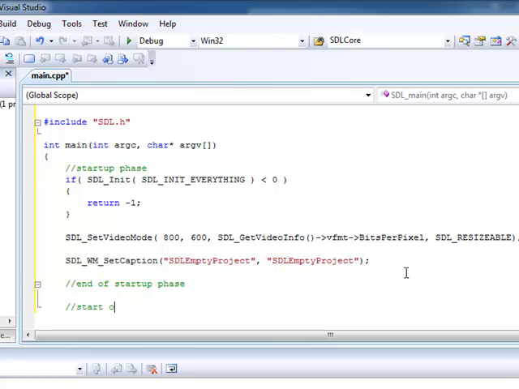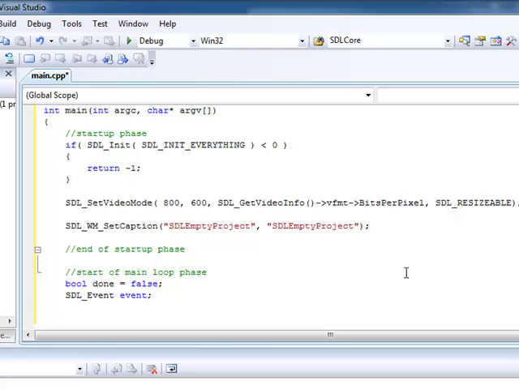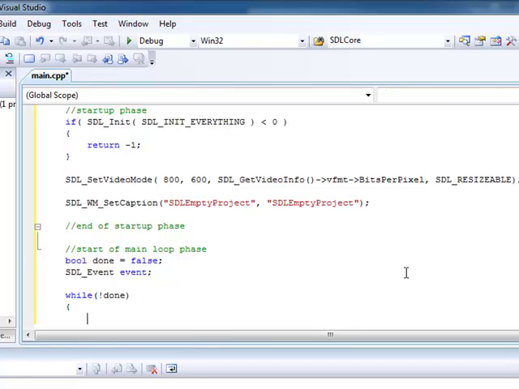So we're going to start a main loop phase, bool done equals false, SDL event. So while we're not done, we're grabbing any event that our SDL event queue sees,